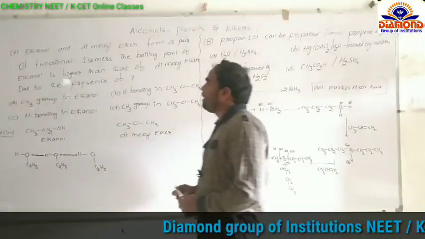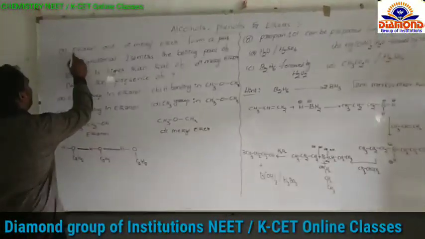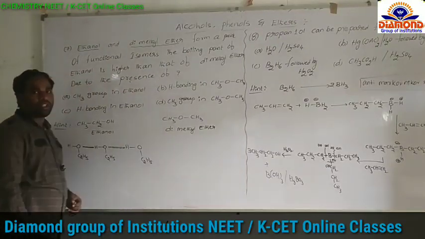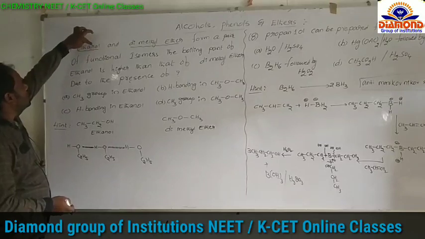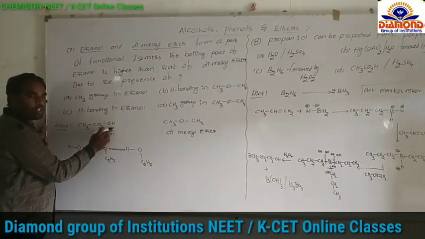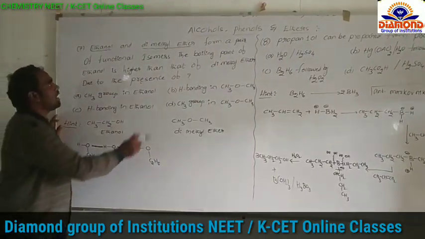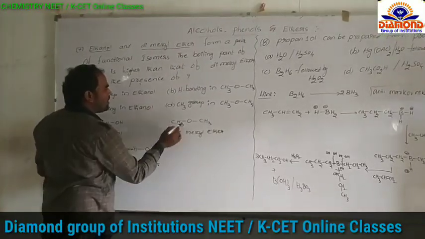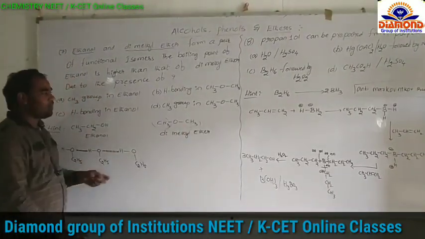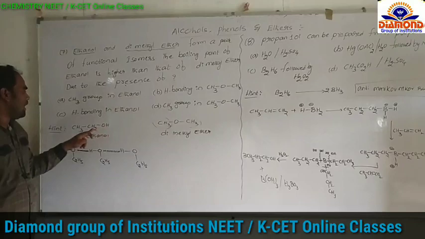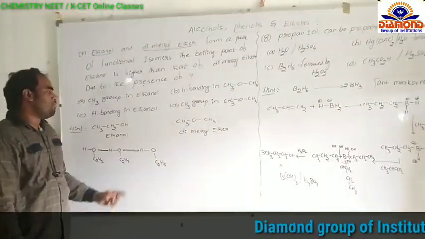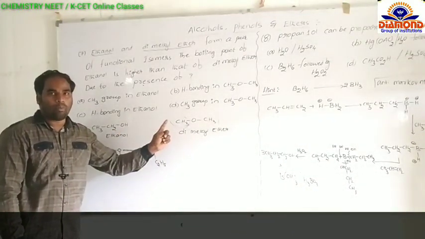Here is the next question: ethanol and dimethyl ether. So they are given two compounds here, students. Ethanol, where ol means the OH functional group. So ethanol is nothing but CH3 CH2OH, or C2H5OH, and dimethyl ether has a methyl group CH3 and a methyl group CH3. So it contains an ether functional group, while the other contains an alcohol functional group, but both have the same molecular formula. Therefore, these two compounds are functional group isomers.